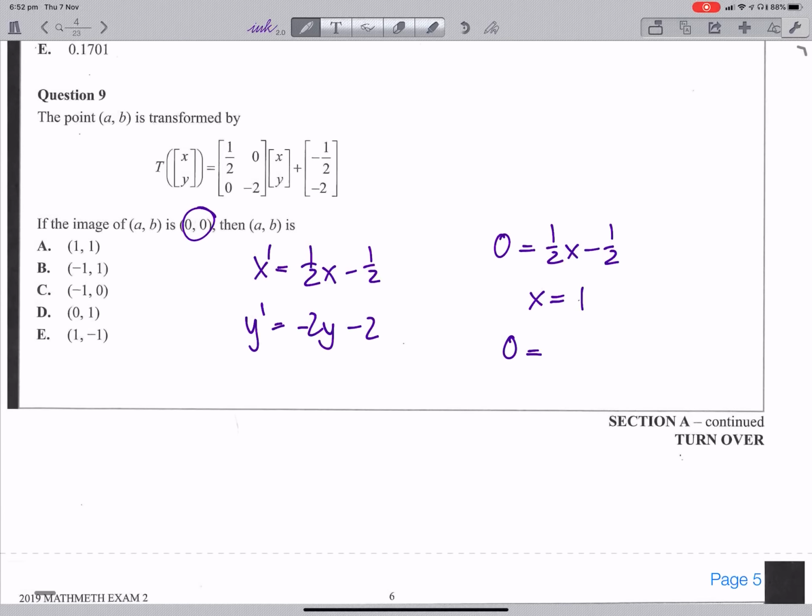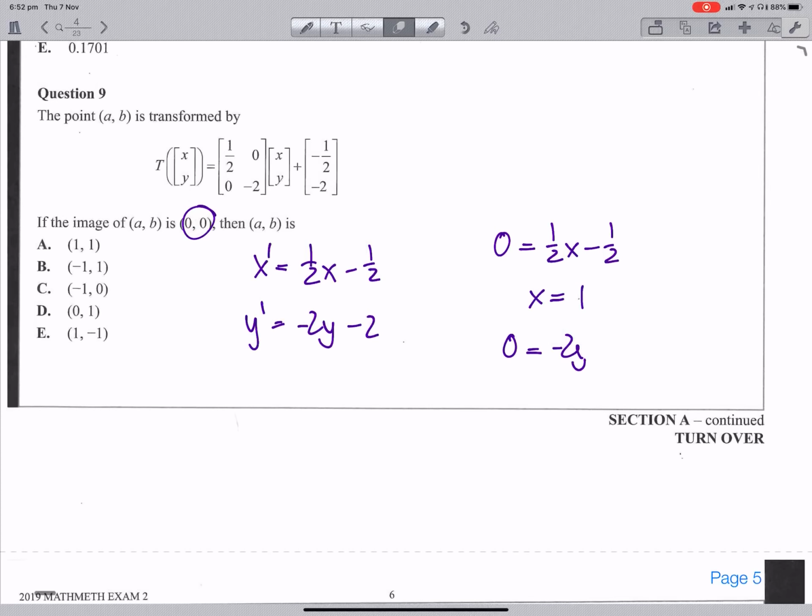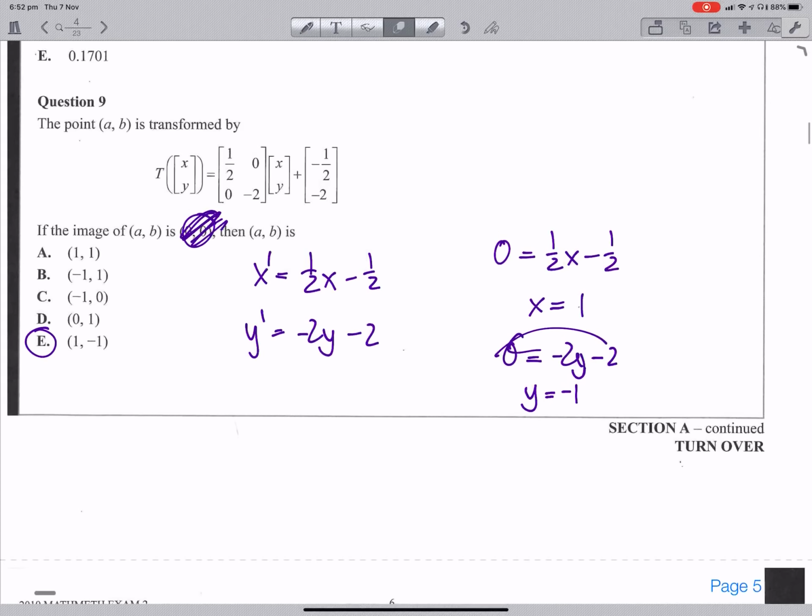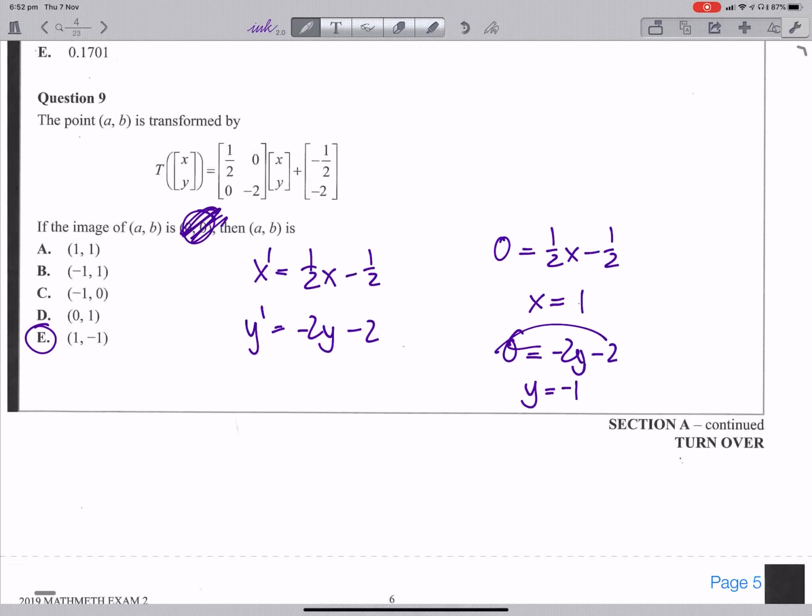Zero equals negative 2y minus 2. Bring that to the other side, 2, and then we divide by, so y is negative 1. So my original point must have been (1, negative 1). Let's see if we perform